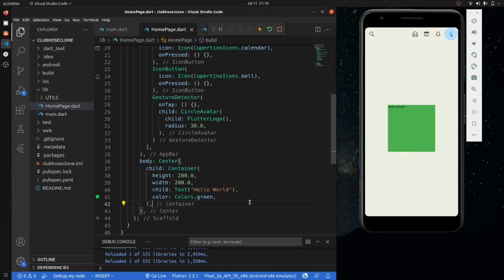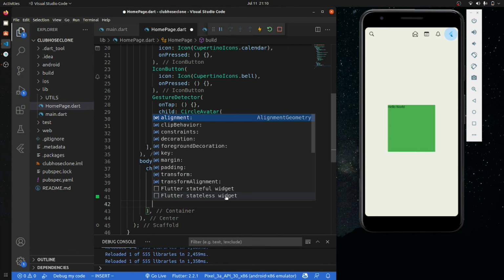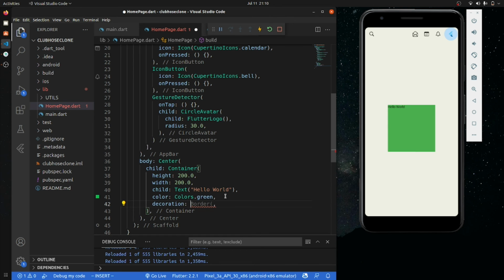So now what we can do here is set the box radius, and do we have a decoration? Yeah, we can set some decoration also.